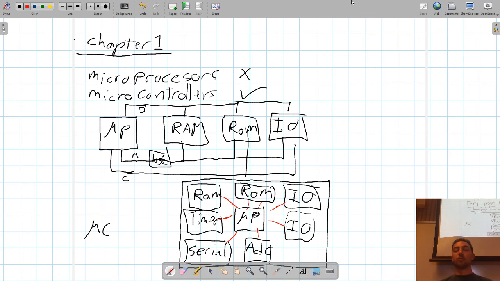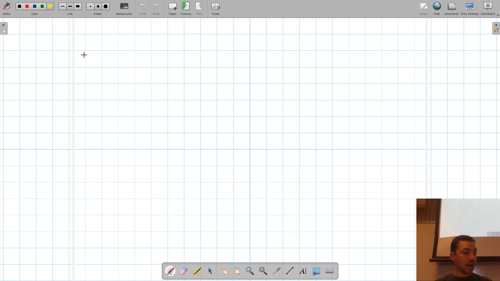So that's the difference between a microprocessor and a microcontroller. Now, eventually, we will talk about this stuff, okay? But that's peripherals that we'll deal with later on down the line, okay? So a little bit of background about microcontrollers. First off,